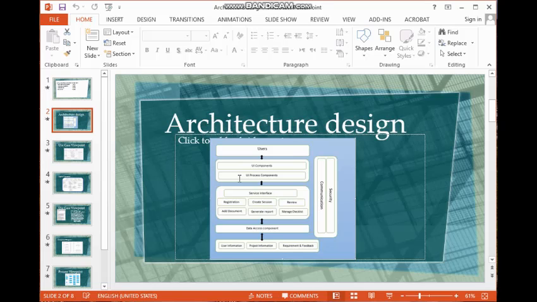So the first topic that we are focusing on is the architecture design of our system. For our system, basically we choose the layer architecture style. After quite some research, we found that layer architecture style is the best style for our system. So we choose that one. At first, we chose the client server architecture style, but later on we realized that it doesn't fit with